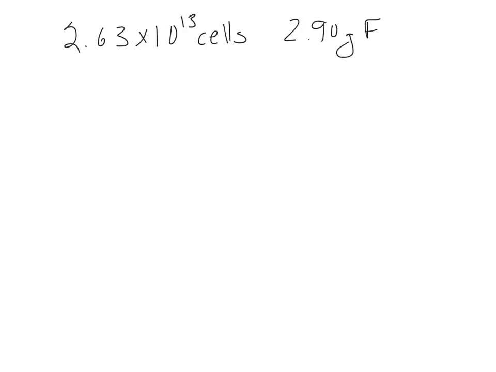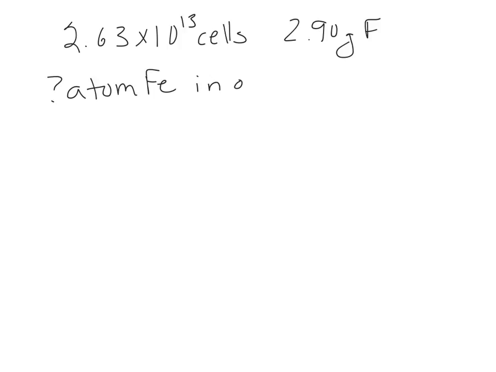Okay, so number 4 says we have how many? 2.63 times 10 to the 13. All right, so 2.63 times 10 to the 13 red blood cells. Okay, and in that, the total amount of iron in all of that is 2.90 grams of iron. And so the question says, how many atoms of iron are in 1 blood cell? So the question is, how many atoms of iron